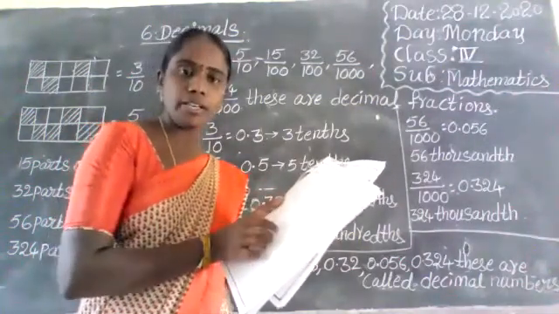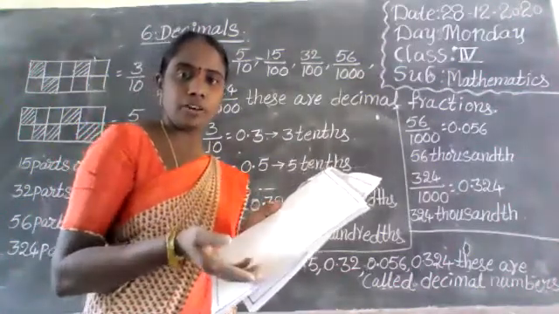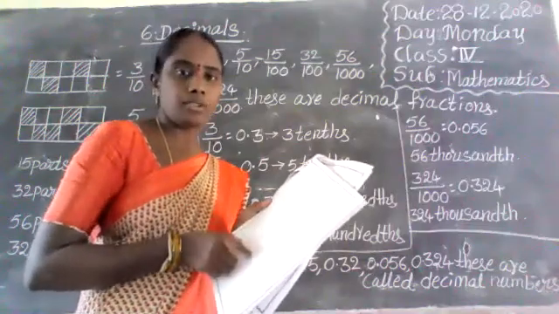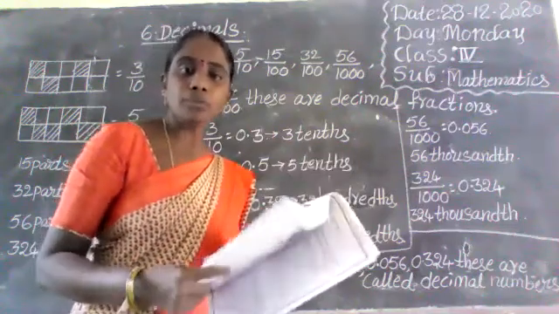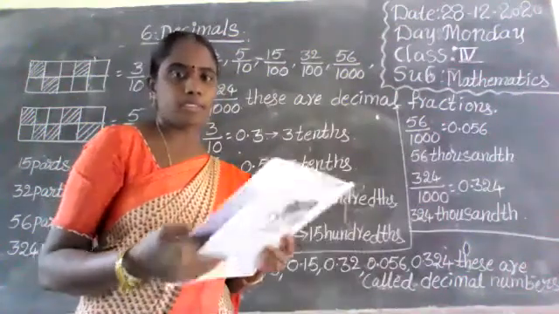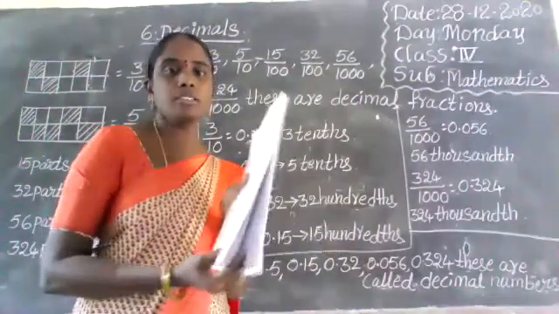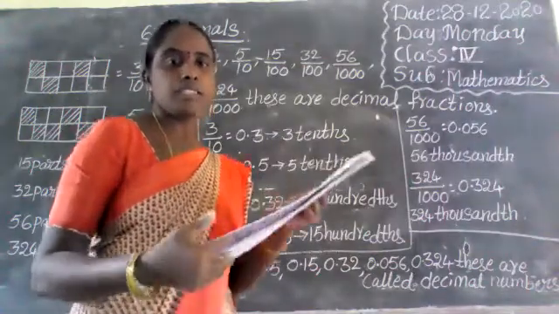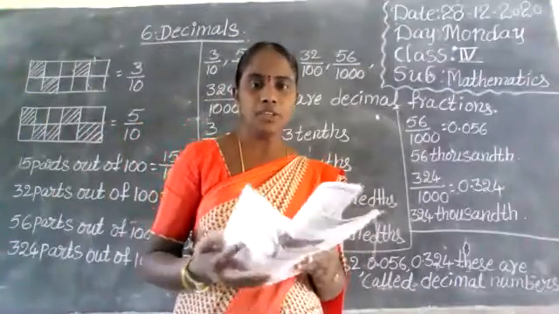Okay, next number, 13,297. In 13,297, what is the place value of 1? What is the place value of 3? What is the place value of 2? And 9 and 7, you have to complete in your worksheet only with pencil. You have to write with pencil, don't use pen. Up to 5th you complete, and on 5th you submit to your subject teachers. On 6th and 7th you have an exam on this worksheet. We will give the result on 8th. Those who did not collect your worksheets, today you must come to school and collect them, children. Don't neglect.